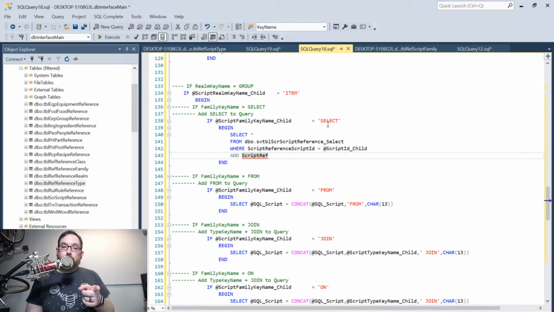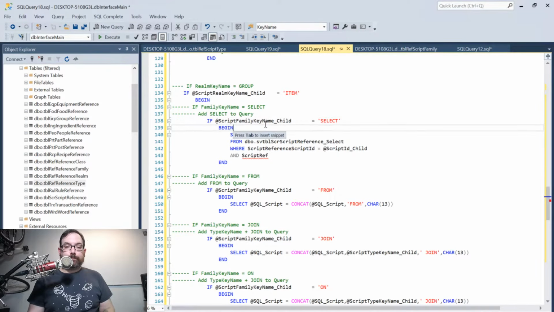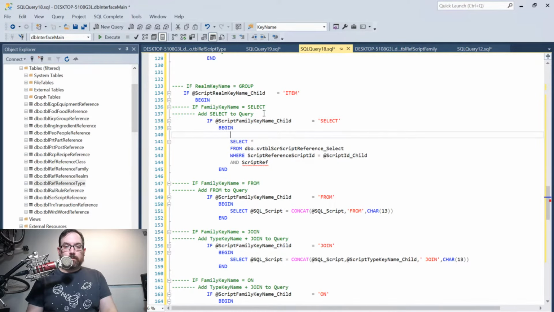Ooh, if it's common, it will be a data point. If it's an item, if it's select,